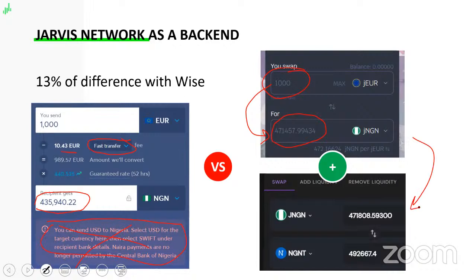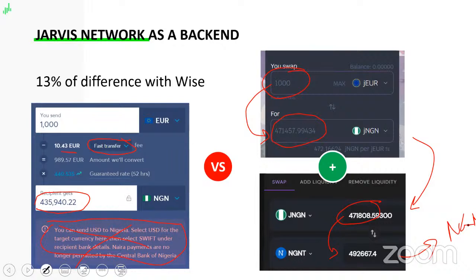But fortunately, we have a pool on Ellipsis, which is a fork of Curve. So it works exactly the same way. And for now, the liquidity is very small, but we're going to, of course, increase this liquidity over time, and there will be a liquidity mining program to increase it. So what is happening here is that the 471,000 GNGN, because of the positive slippage, are actually transformed into 492,000 NGNT. And NGNT can be swapped for NGN at a 1:1 ratio using Buycoins and different exchanges there,